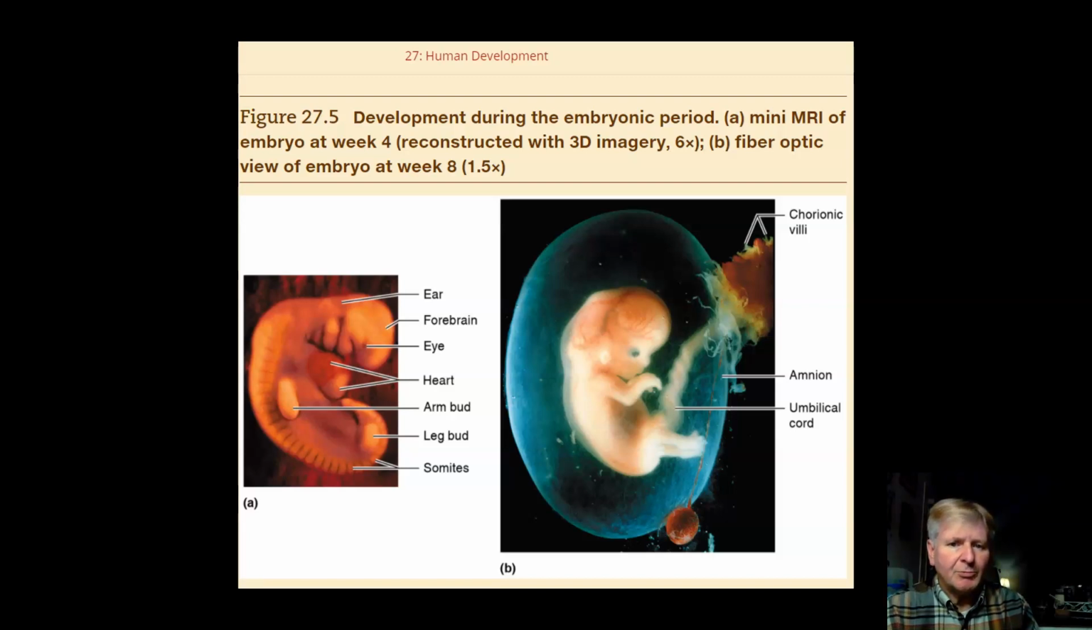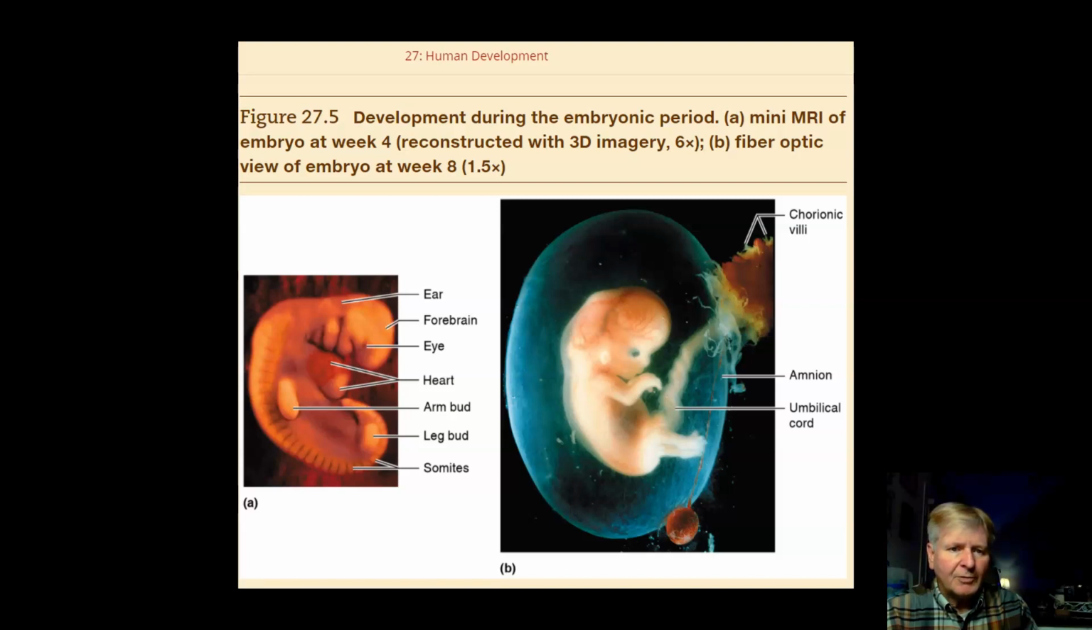This is reconstructed with 3D imagery, which involves fiber optic utilization inside an 8-week embryo. As you can see, the head is visible with the arms, the hands, the feet, the little toes. All this clear fluid that surrounds the embryo is basically the amniotic fluid. You can see the umbilical cord